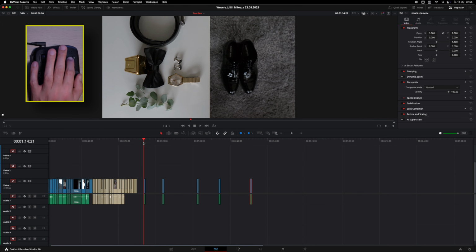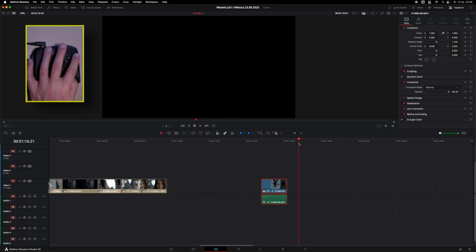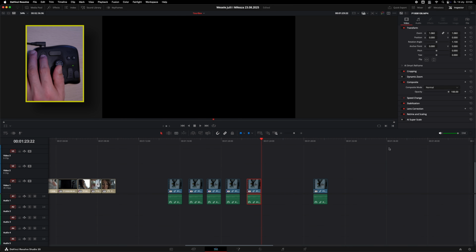Now we have combinations with those buttons. If I press tall and C1, it is like a standard copy, and I paste it with C2, so we copy that clip.